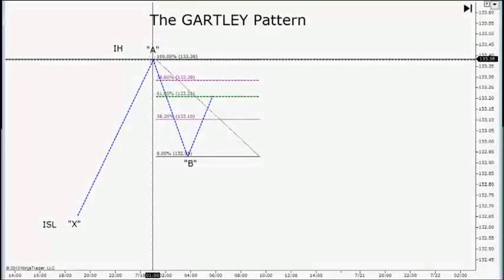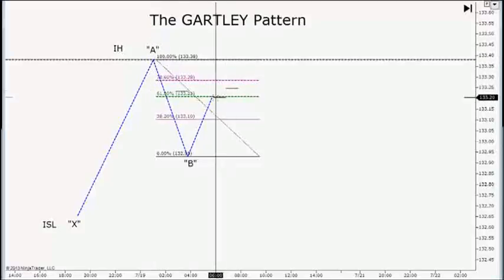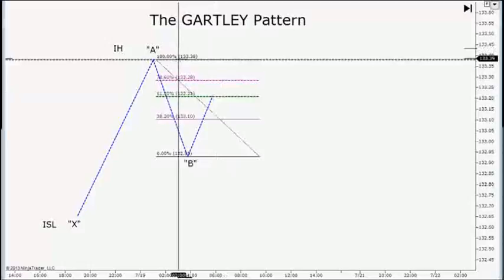And we're dealing all with wicks here. Okay? Must touch. I didn't say it's got to close above. I didn't say I need a higher high, higher close above the 618. I said it must touch. And then when we talk about